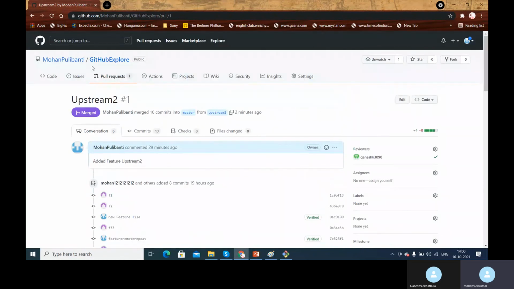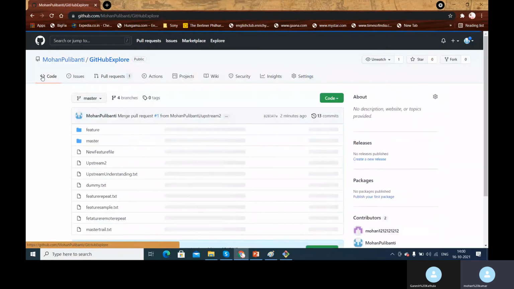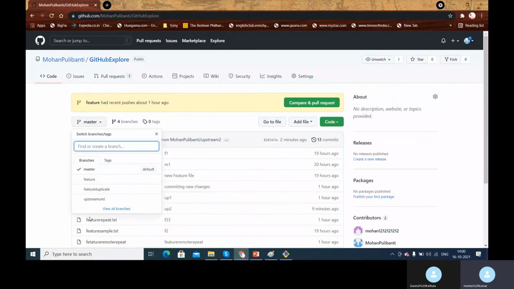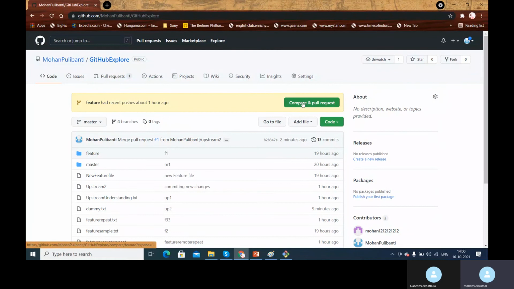Now if you go back to your code and see what is happening in the upstream branch, you don't see that branch again. That is how you can create a pull request for each and every feature that you are adding, get it approved, and add it to the master branch. This is how a pull request basically works for us. This is all about creating a pull request, submitting it, getting it reviewed, adding comments, making the changes, getting it approved, merging it to the master branch, and deleting the branch.